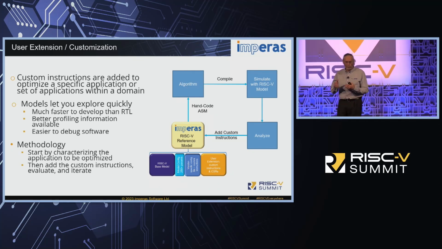So you can actually see the performance of these new instructions, how it changes things, how the software runs and everything. And so for custom instructions, you can take what we provide or our IP providers or partners provide, and then it can be extended and you can iterate to find out what the architecture you really need, whether it's single core or you can put multiple cores together in there.